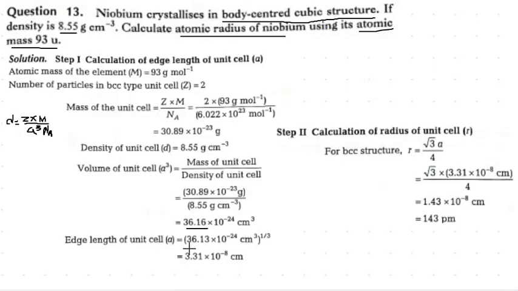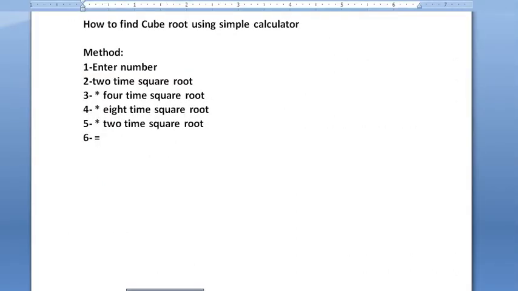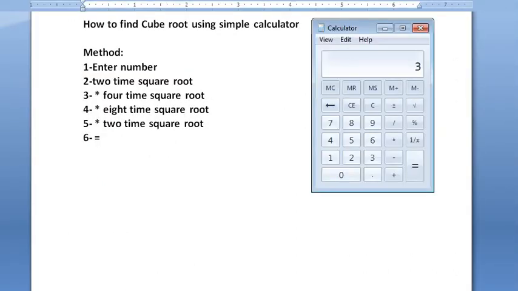So here we wanted to find out the cube root of 36.13 or 16. Okay, now let us go back and use this formula. Let me enter this value 36.13. Okay, then square root 2 times, 1, 2, into square root 4 times, 1, 2, 3, 4, into square root 8 times, 1, 2, 3, 4, 5, 6, 7, 8, into square root 2 times, 1 and 2, and then press the equals to button,